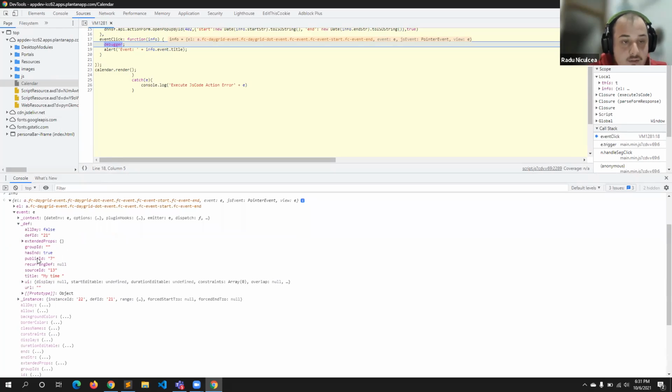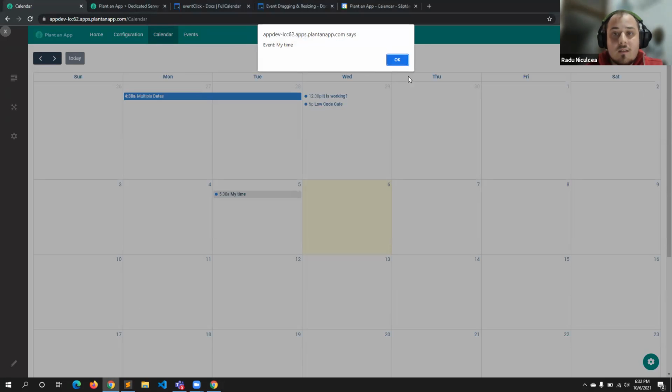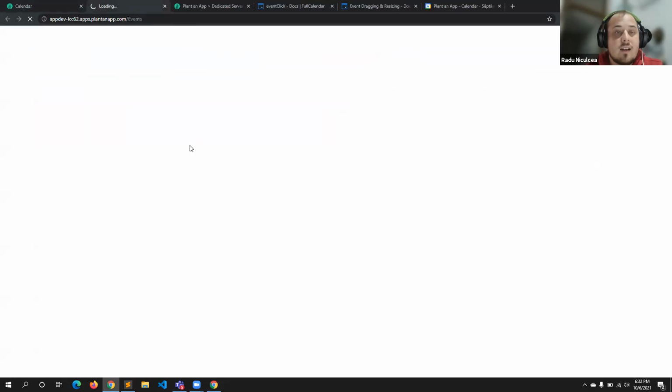Under definition, I have this public ID. In this case, it is 7. The trick is that this event definition public ID is actually correlated directly with the events entity that I have here.